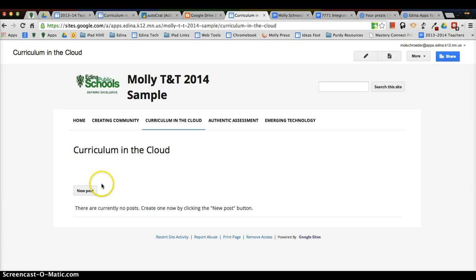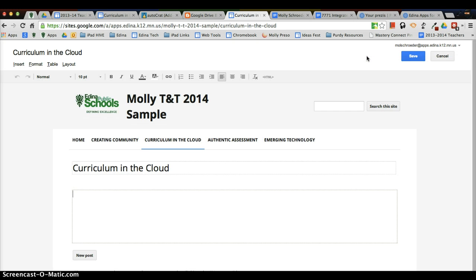Now, some people may have an announcements page with this type of page with new posts. We're actually not going to use this feature, so we're just going to go in and edit the page by using the pencil button up in the top corner. And you're going to type the words for each of your projects. So the first project is your integrated unit, and you could say a little bit more, third grade, or I'll say fifth grade, causes of the American